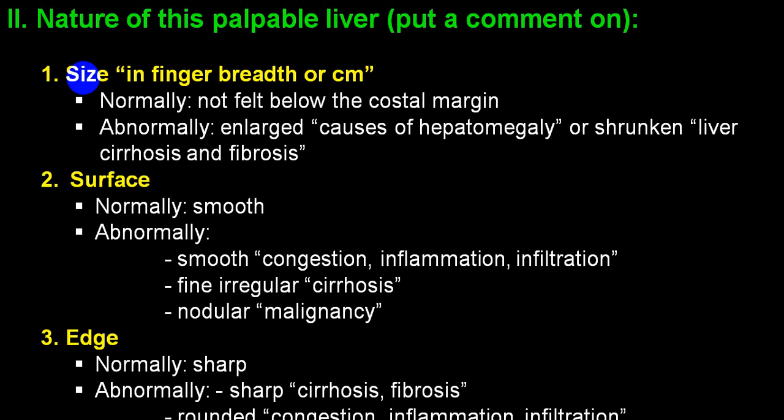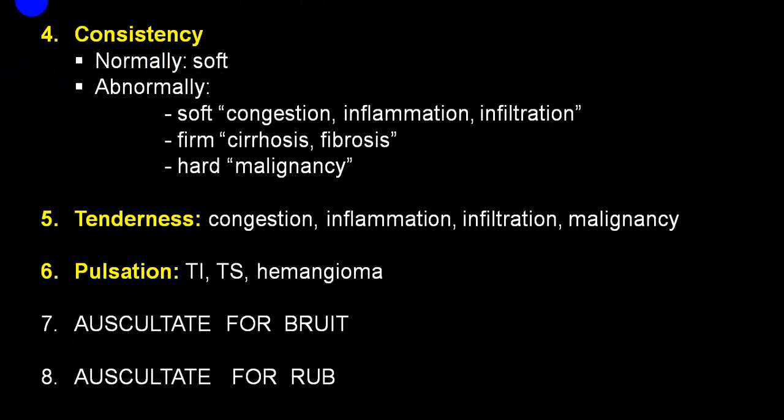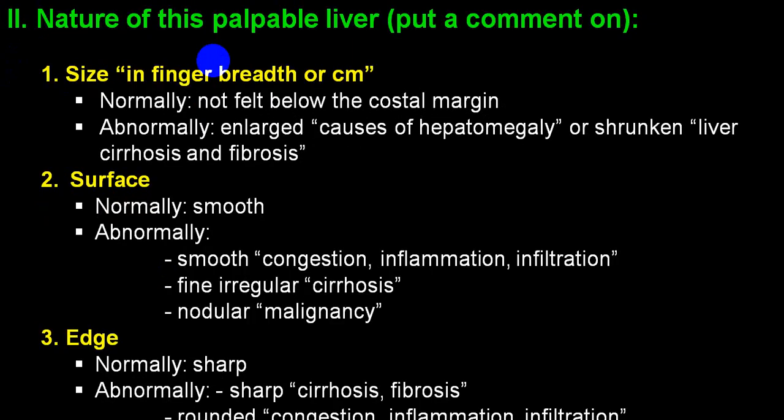The liver will be shrunken in cirrhosis of the liver or acute necrosis of the liver. As far as surface is concerned, it is usually smooth, but you will have an irregular surface depending upon the type of cirrhosis, micronodular, macronodular or mixed. If you feel a single nodule, with a pit over the nodule, that is very characteristic of a malignancy.